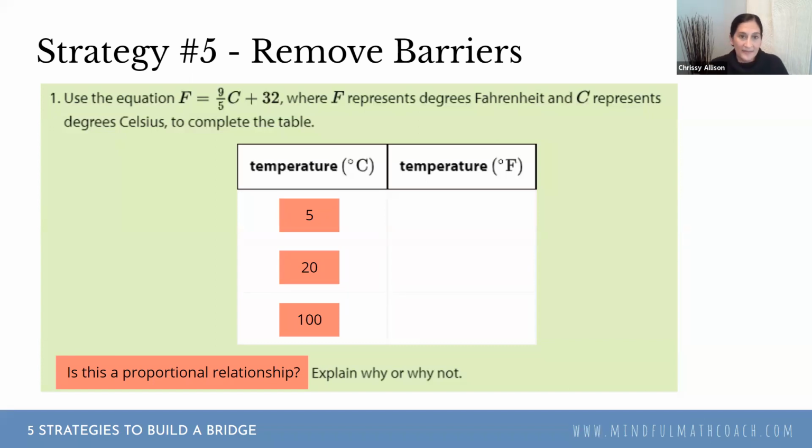If you think that 4 is going to get in the way, maybe they don't really have calculators to use, or they're not proficient yet with multiplying a whole number and a fraction, and you don't have time to get into that, you could substitute the 4 for a 5, and it really wouldn't make a difference in this problem. I also changed the last number to a 100 for the same reason, just because this problem is really about